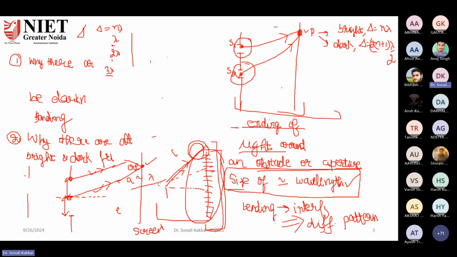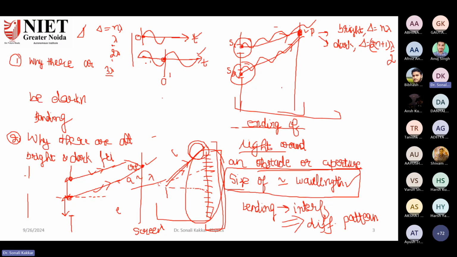So how will it look? If this is the first wave, path difference should be 1 lambda. So it means another wave will start from this. But as I told you, these are not standing waves. They are propagating waves, continuously propagating from one place to another. So it has shifted by an amount of lambda, but there is a wave which will replace this place. You understand this? This is propagating with respect to time. So when this wave is at point O, the other wave has shifted to point O dash at the same time.